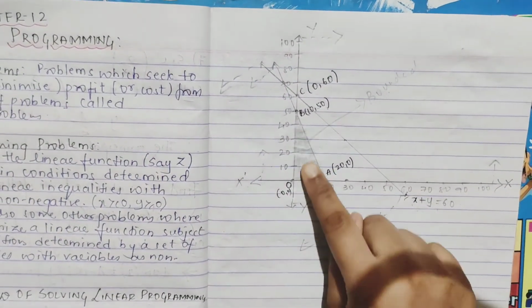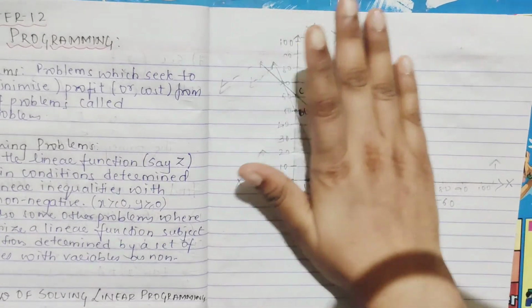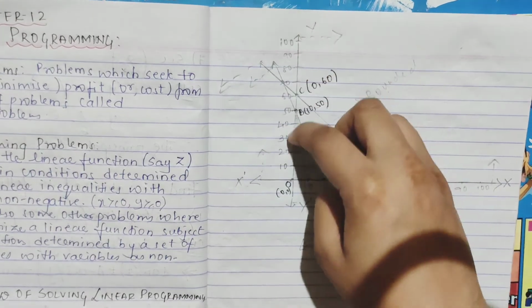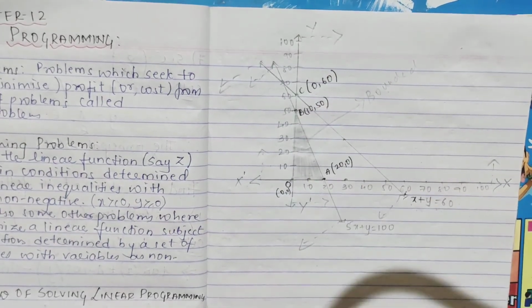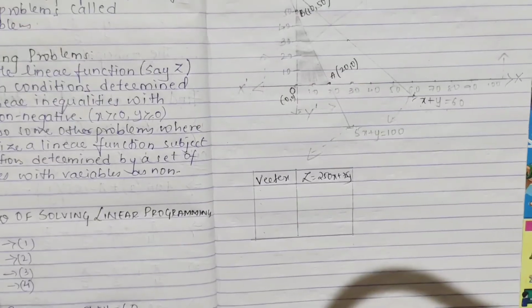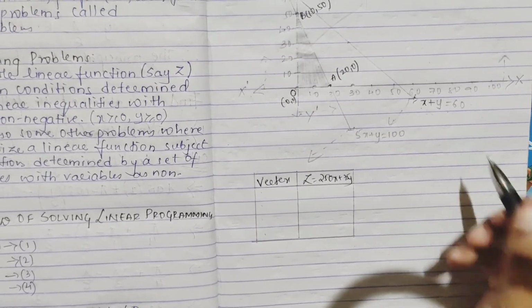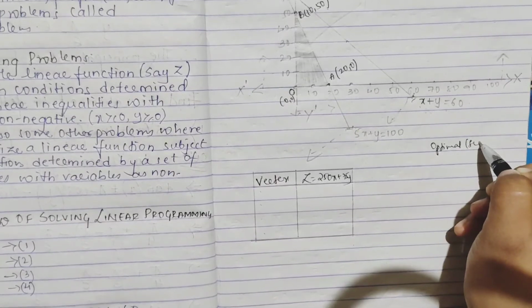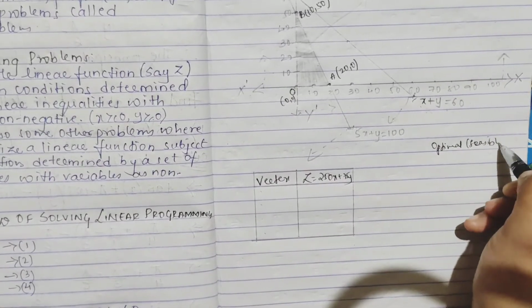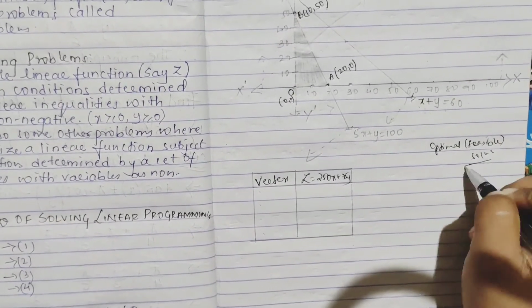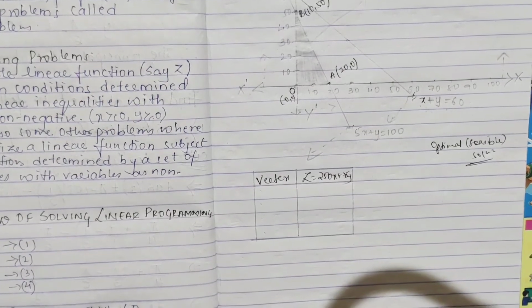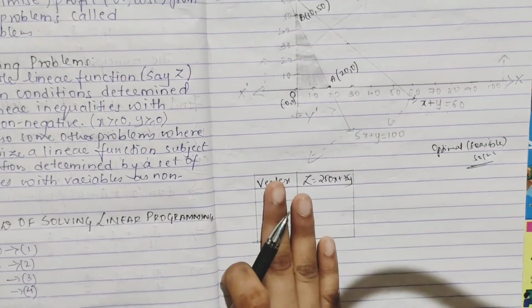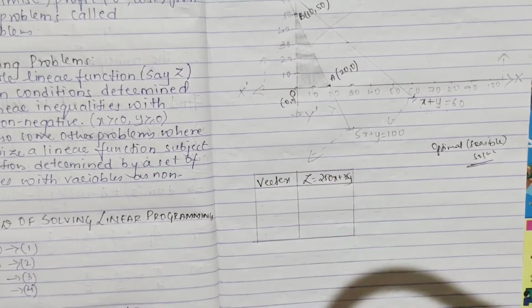Understood, right? This is a feasible region. Except this, all other regions are called infeasible. Only this will be feasible, and inside this, however many points you get, those are your feasible solutions. But now we want the optimal, which we call the optimal feasible solution. We want to find the maximum or minimum profit only, right? So how will we find it? We will write the vertices and check whatever values we get.